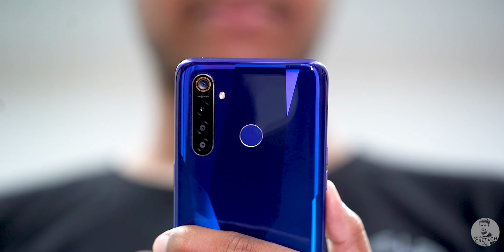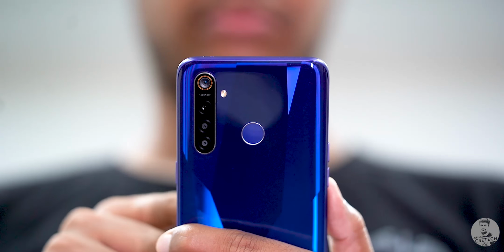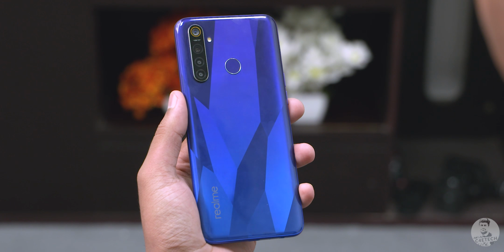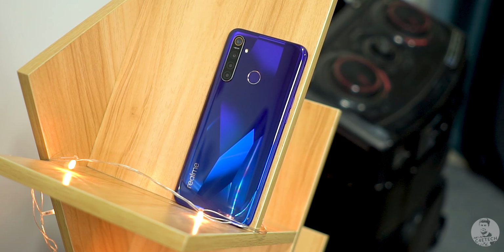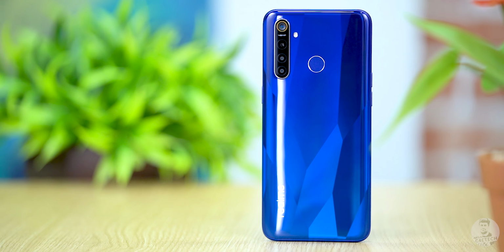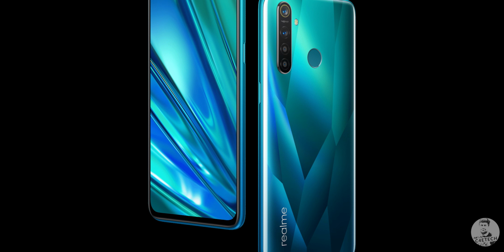For example, with the design, the Realme 5 Pro kind of combines the diamond back pattern of Realme phones past with the popular gradient design. The end result looks quite unique, but as it is with glossy finishes, it's an absolute fingerprint magnet. By the way, Realme is calling this their nanoscale holographic color pattern, and on our sparkling blue review unit, it looks really good, doesn't it? You also have another color choice, crystal green, and the finish on that too looks quite